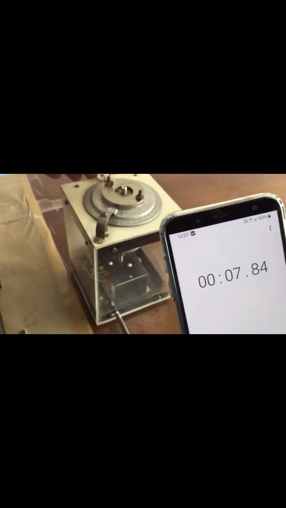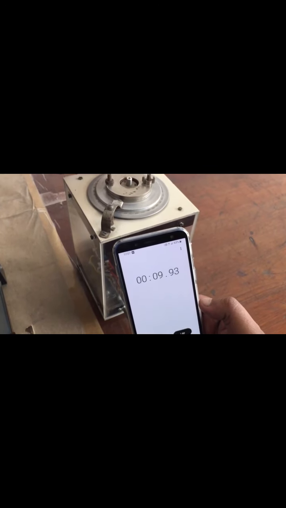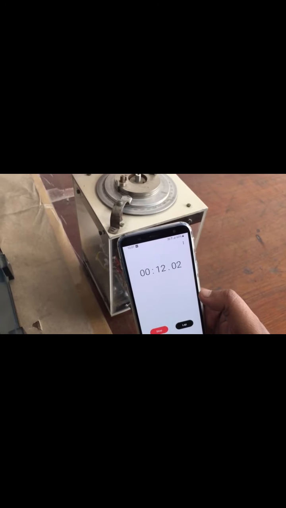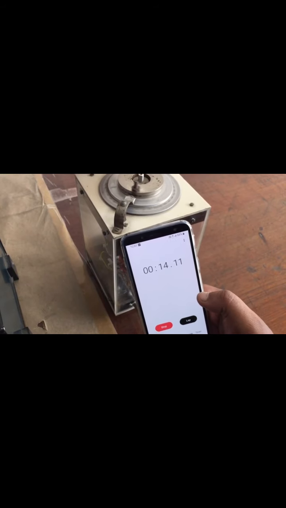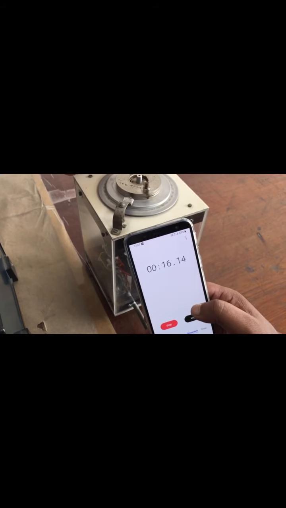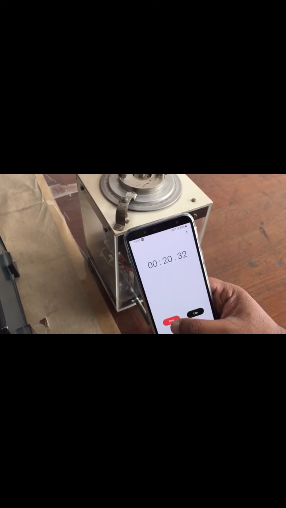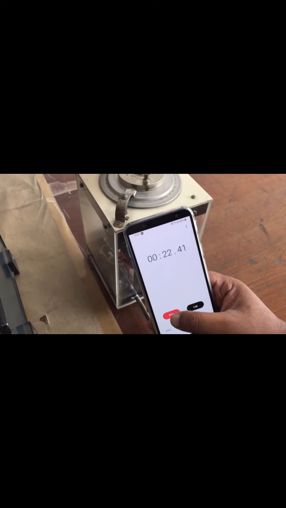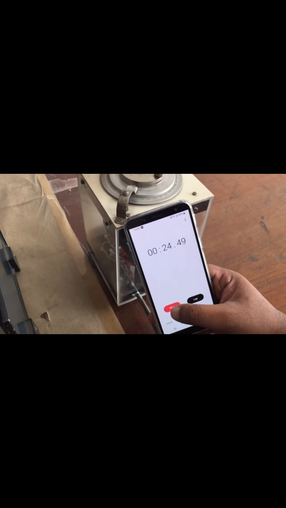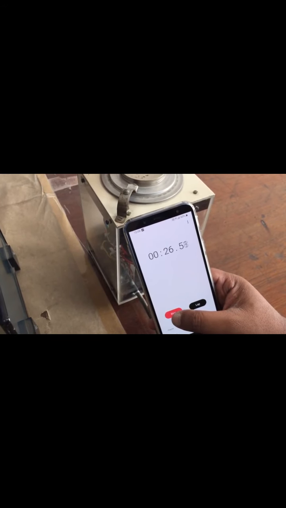We try to find the time to complete it. 2, 3, 4, 5. Stop.